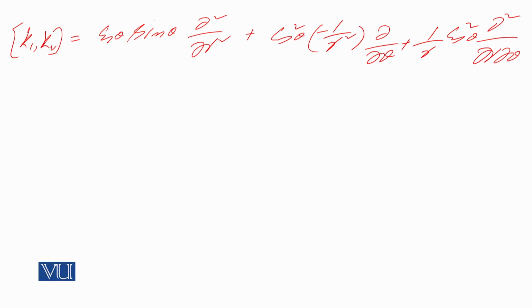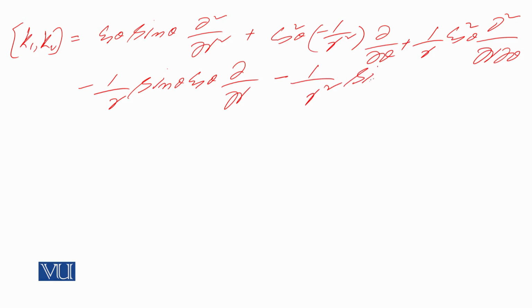Now the third term minus 1 over r sine theta cos theta partial by partial r minus 1 over r square sine square theta partial square by partial theta by partial r. So in this way, this has been